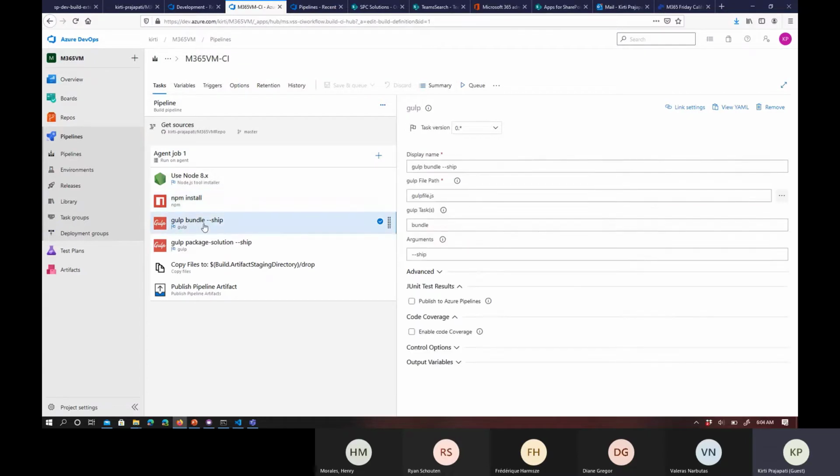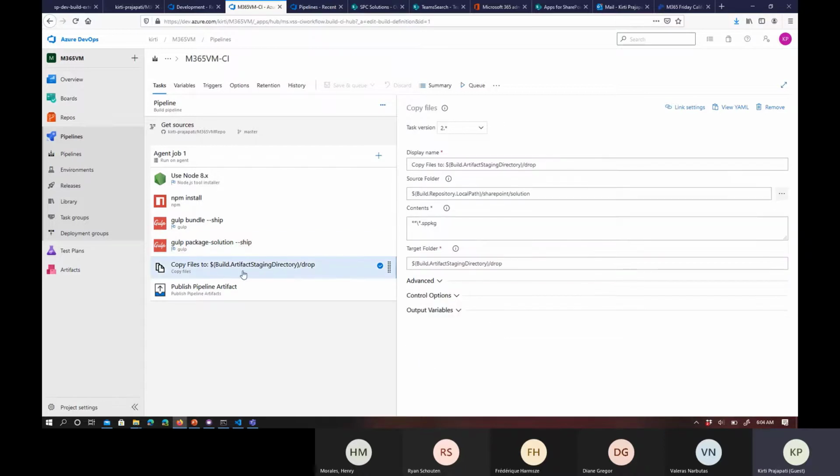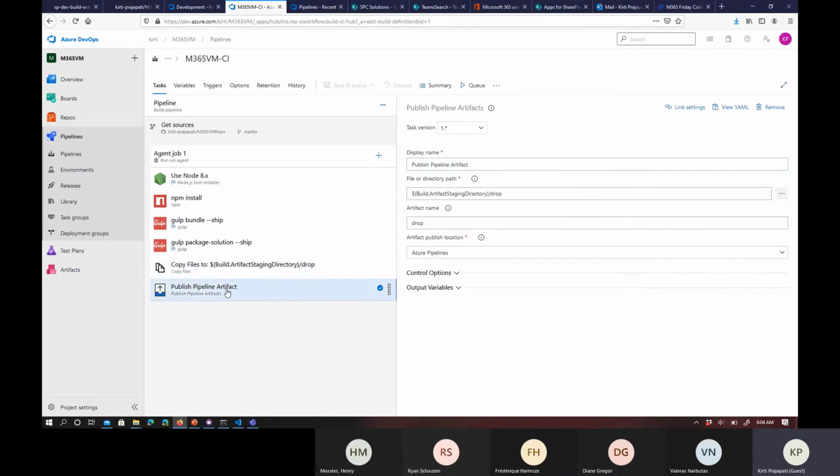Then I'm using the gulp command to bundle my solution. This is the command I'm using. And then I'm preparing the package solution, so this is the task achieved using this command. Then I want to copy these artifacts into an intermediate folder called drop, and then I will publish these pipeline artifacts to my pipeline.